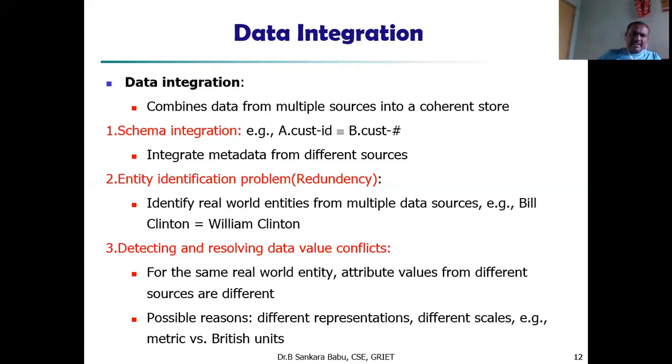Next, redundancy and inconsistency. Redundancy means the same data can be duplicated in different databases or files, an unnecessary repetition of data. If an attribute is extracted from another attribute set, then that attribute may be redundant. Redundancy also occurs due to inconsistencies in the naming of attributes.